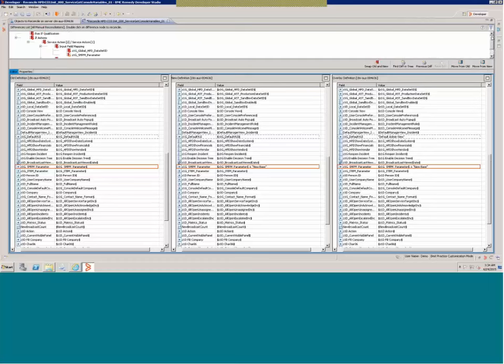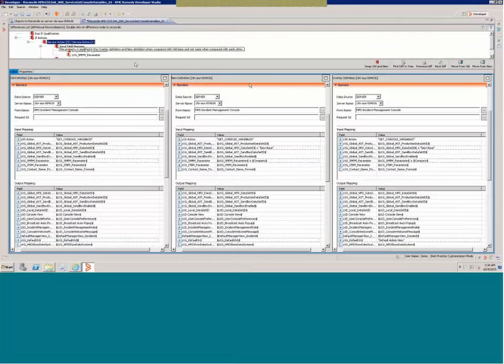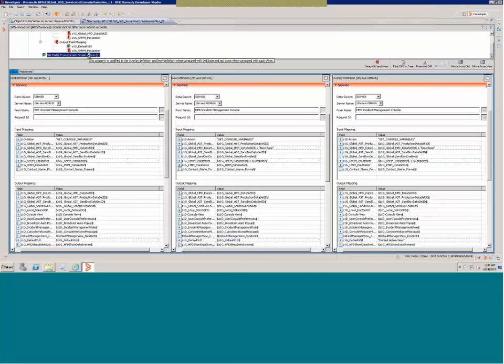Now if you notice, this service action is shown with a few numbers, and these numbers are actually indexes, which means that there is a change in the order in which the actions are present.